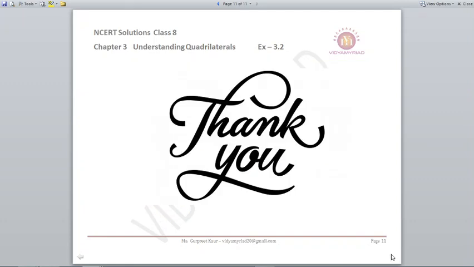With this we finish exercise 3.2, children. Very soon I am going to come with exercise 3.3. I hope you have understood the concept. Please apply the formulas of exterior angle or number of sides that I have already given to you. Apply that. It is very easy to find out the angles or the sides if provided. If you know the interior angles, you can easily find out the exterior with the help of the formula or